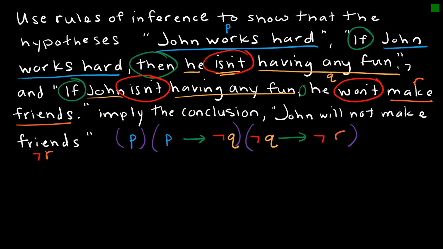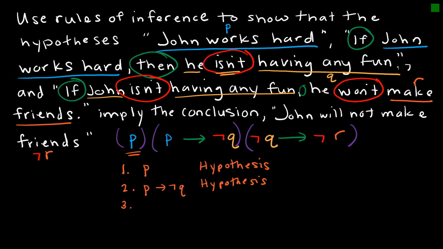I'm going to start by saying step number 1 is P. Where does P come from? Well, that's a hypothesis. That's this one right here. Now I've used it. Step 2, I'm going to say we know if P, then not Q. How do I know that? That's also a hypothesis. Step 3,